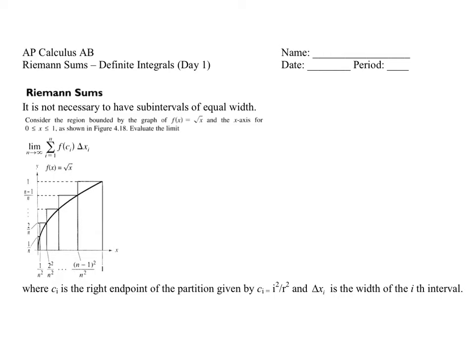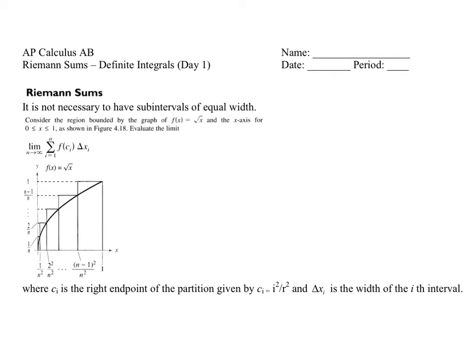Okay, there's one other thing that he opened it up for that we'll look at in a minute. What this process then allowed us to do is to define the intervals in such a way that when we did the sums, we were able to get things we could actually find. For example, here we have f of x equals the square root of x. Now, if we were to use our typical process with b minus a over n, and f of c sub i, where c sub i was a plus delta x times i,